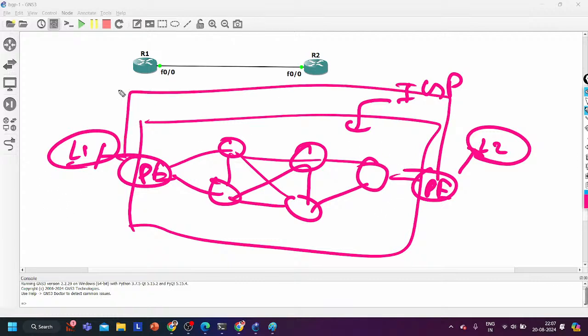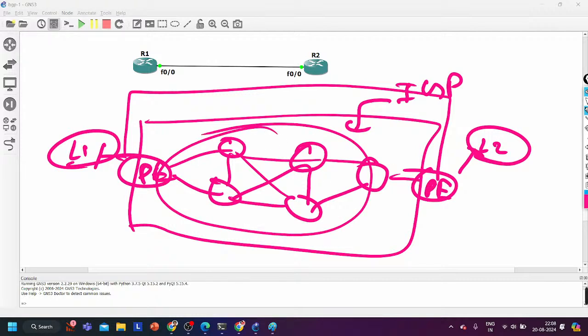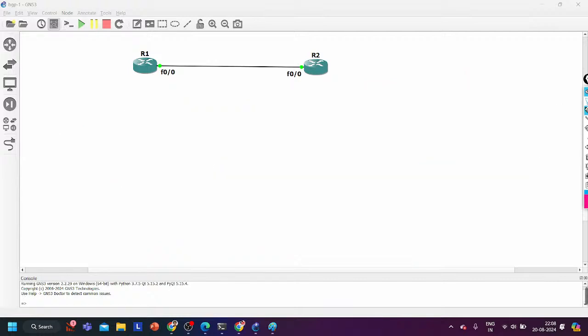So I can share lakhs of prefixes between PE to PE without installing those routes in the routing table of these routers, right? And guys, between the loopback of router 1 and router 2, meaning PE to PE, we have multiple paths and we are running an IGP protocol. So if any path goes down, no worry. Still my loopbacks will be reachable to each other.